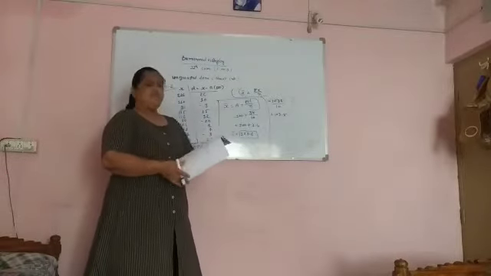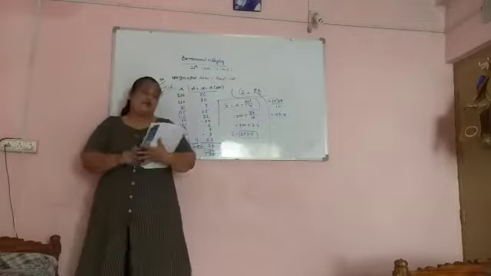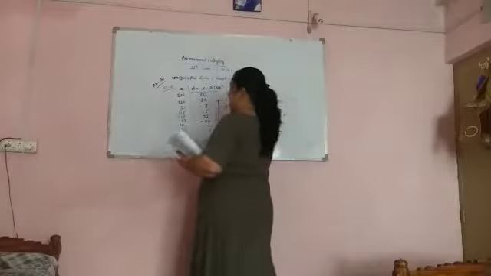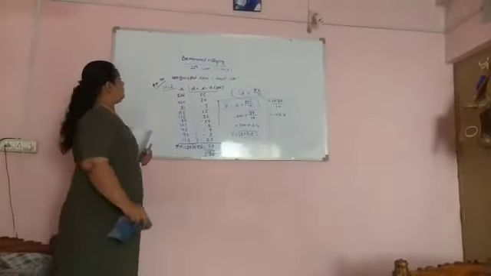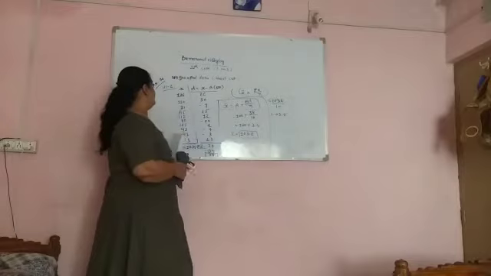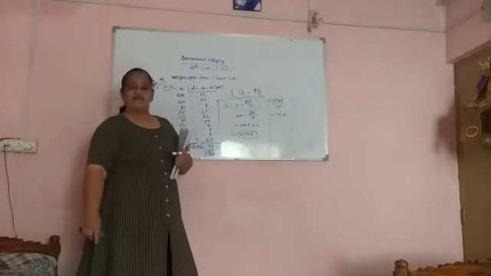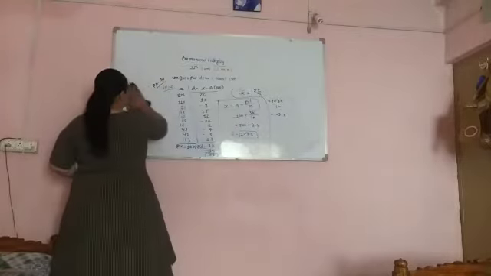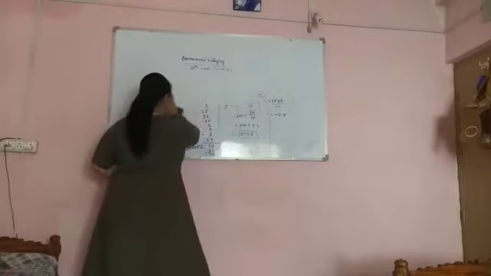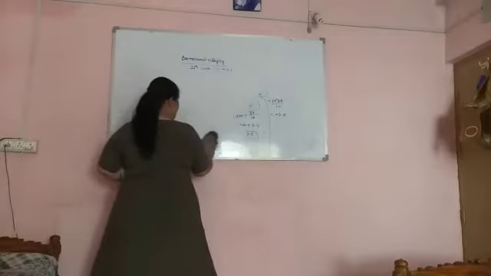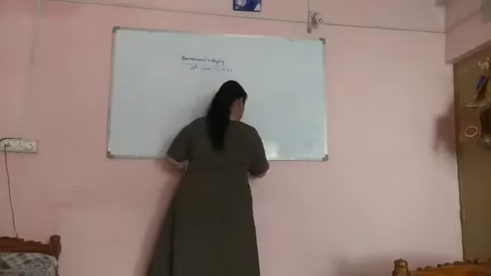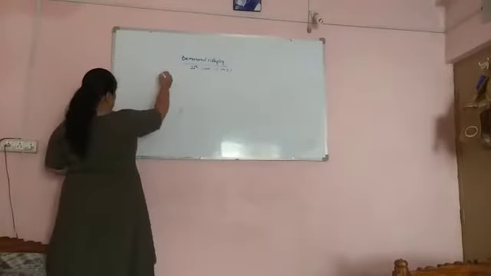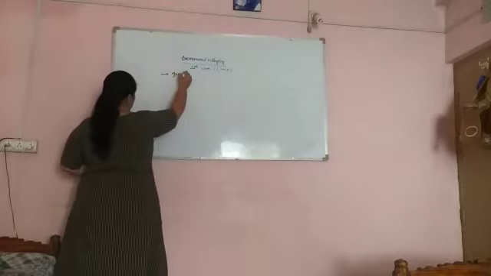Now we will start the grouped data. In grouped data I will take observations with a frequency. So I have taught you two illustrations in ungrouped data. The first is the direct method and the second one is the shortcut method. Now in ungrouped data, and now we will learn about the grouped data. In grouped data you have an observation with a frequency. Okay, then the next sum is grouped data.